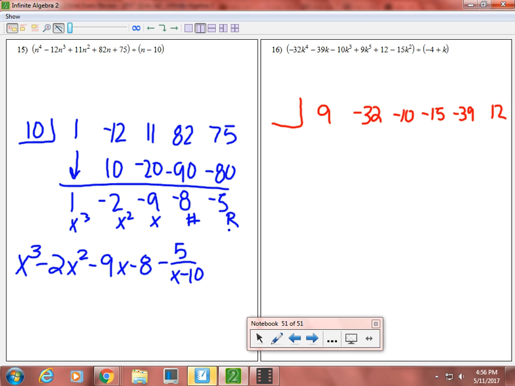Okay, so then when I have negative 4 plus k, that's the same thing as saying k minus 4. So inside of this box should be a 4. Okay, I drop down my 9, multiply to get 16, which is negative 16. I multiply this one